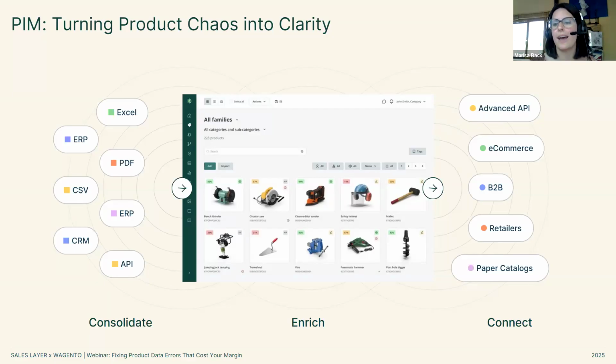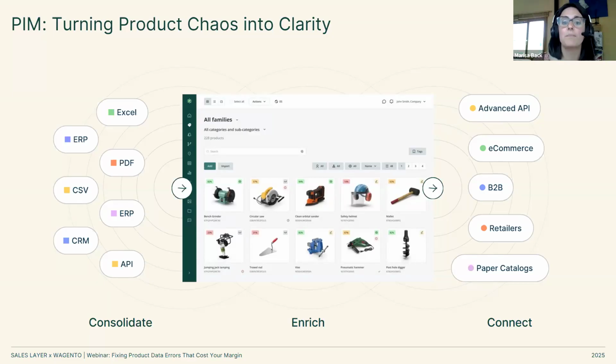This is where you can add localizations if you guys are growing into other markets. This is where you can add your assets with your products. We do have a built-in DAM in our PIM system because we believe that assets and images and videos and marketing content should be right alongside your product description and your tech specs. And this is also where we have some internal collaboration tools as well. So you can have multiple teams working on your product information. We know it's not just one person or one team doing the work.